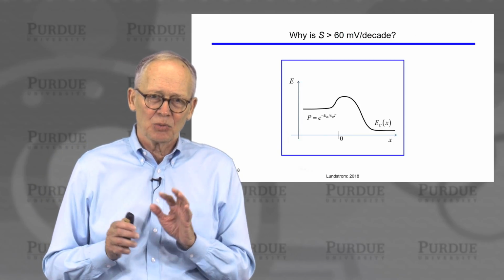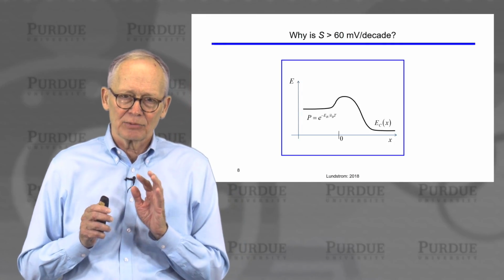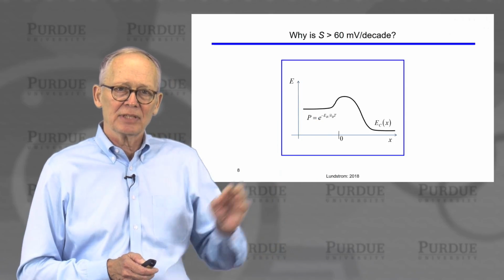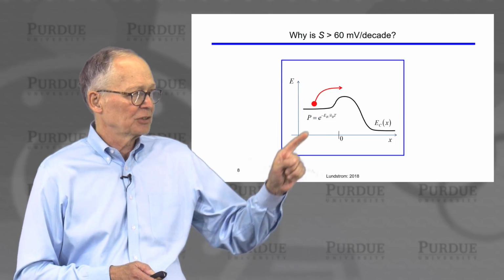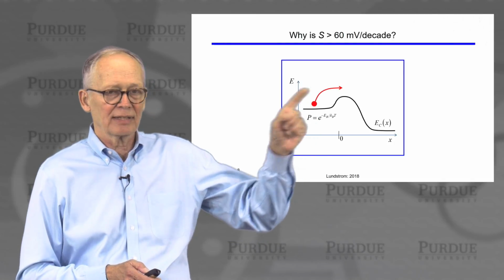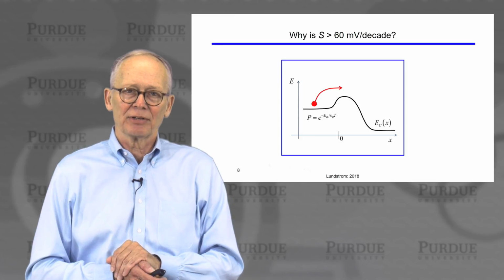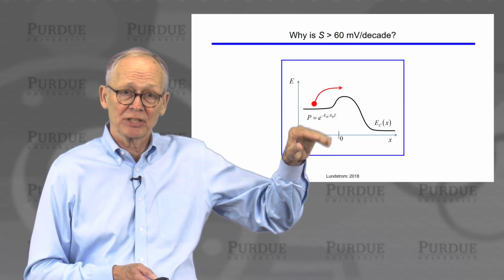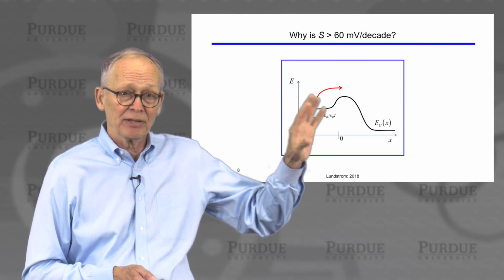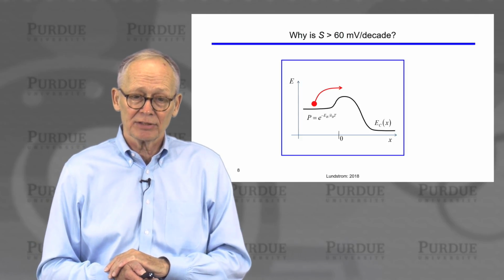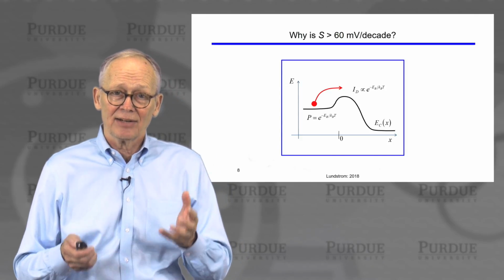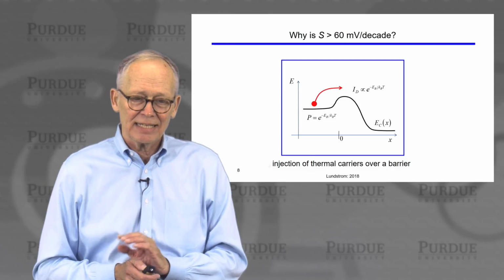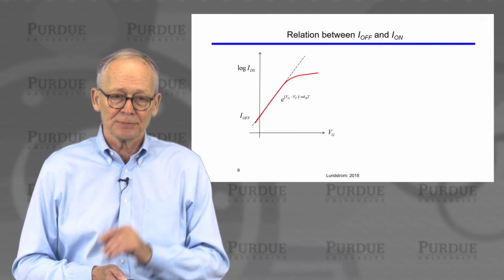Now, sometimes people will ask, why is the subthreshold swing greater than or equal to 60 millivolts per decade? Well, it's really going to happen anytime that we have a transistor that is based on the principle that the probability that an electron can hop over a barrier is e to the minus barrier height over kT. That's a very fundamental thing. We make a transistor simply by pushing the barrier up and down with the gate voltage. Since our barrier is based on this thermionic emission of carriers over a potential energy barrier, we inherently have a minimum subthreshold swing of 60 millivolts per decade whenever there is injection of thermal equilibrium carriers over a barrier.